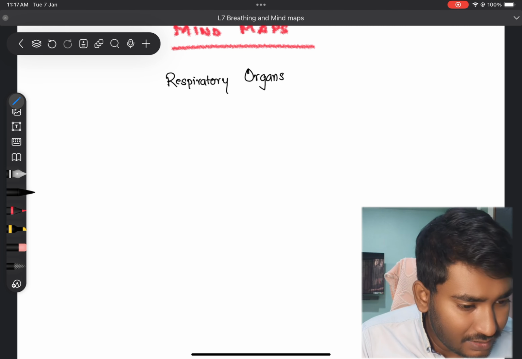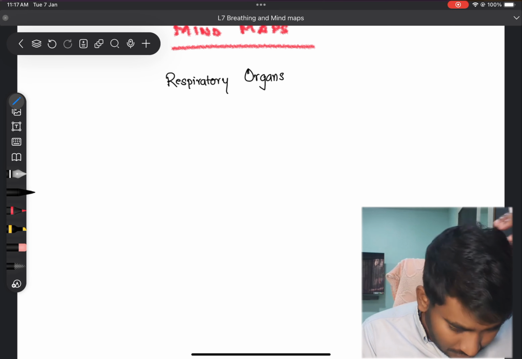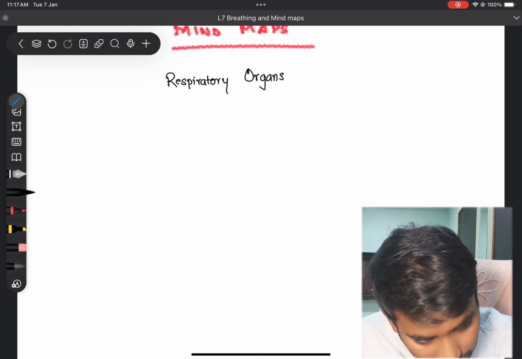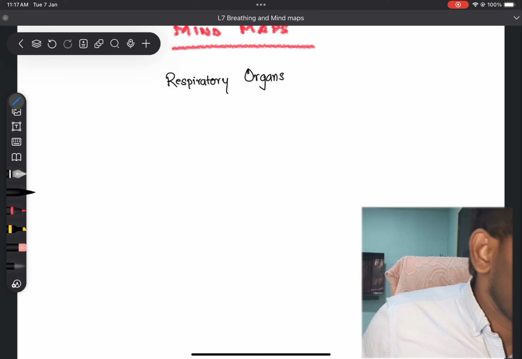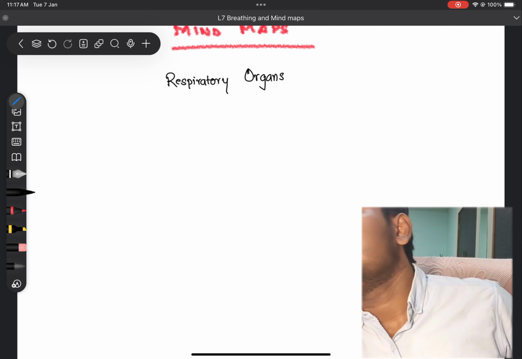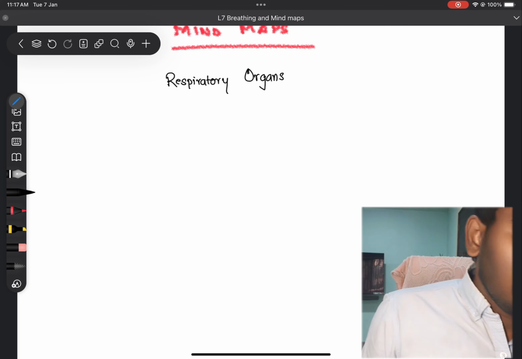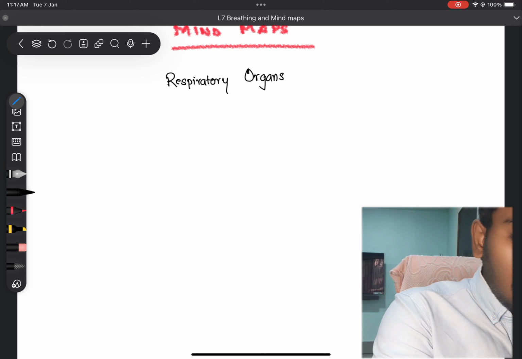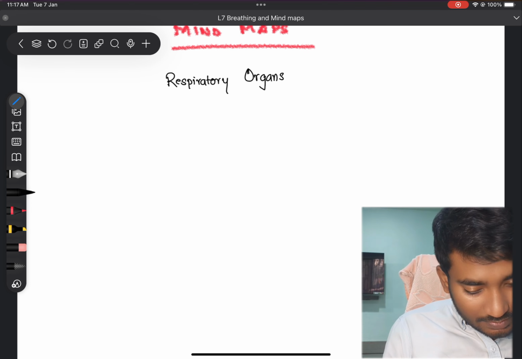So respiratory organs, yes, okay. Just draw a flow chart. I need a scale, please wait. Okay, so in the respiratory organs,